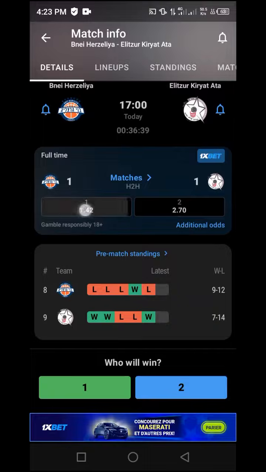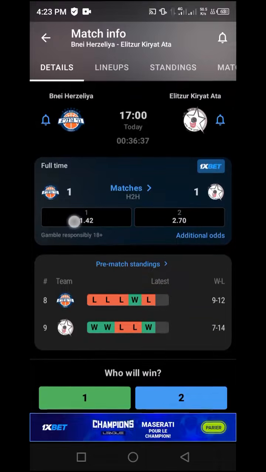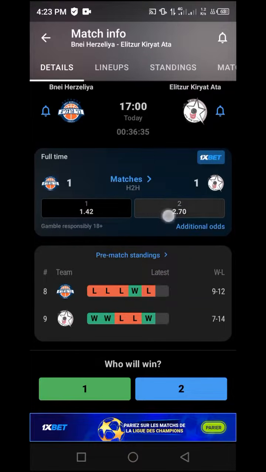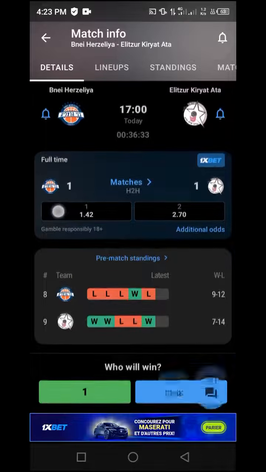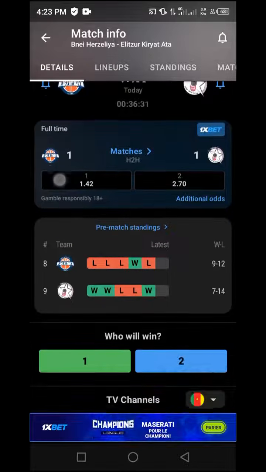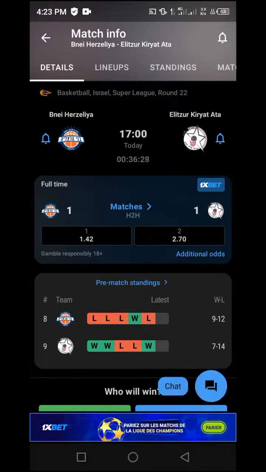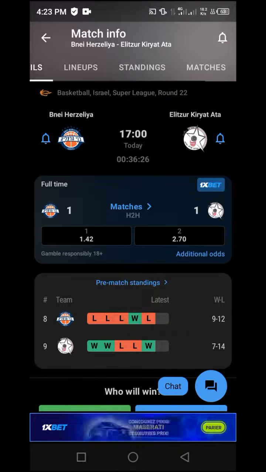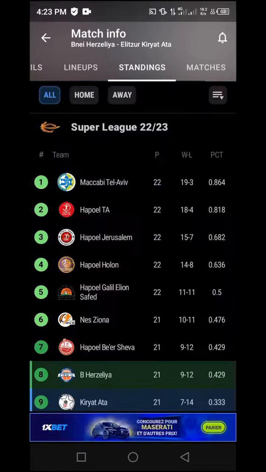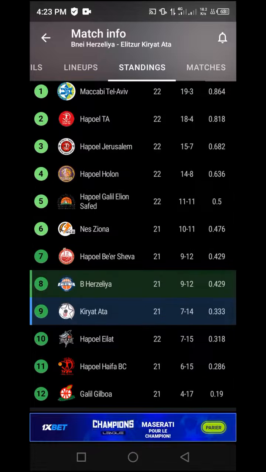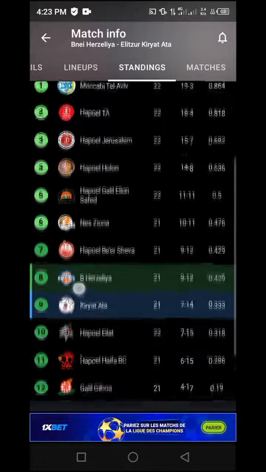Here, in this case, the favorite is the home team, having a lesser odd of 1.42 as compared to 2.70. So now we already have an idea that the favorite is the home team, but we are not going to conclude here. We are going to come to standings, click on standings and see these teams on the standing table. You can see in this case, both of these teams are actually on almost equal position,